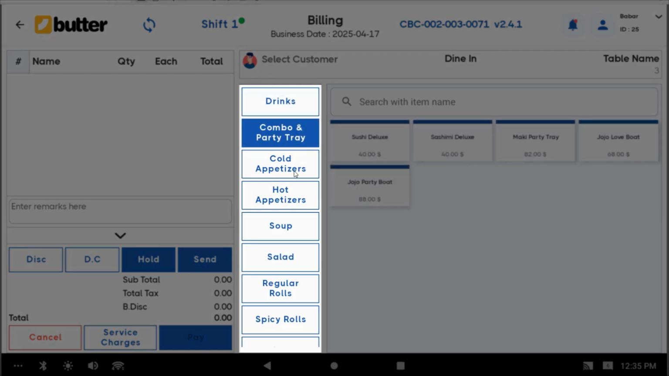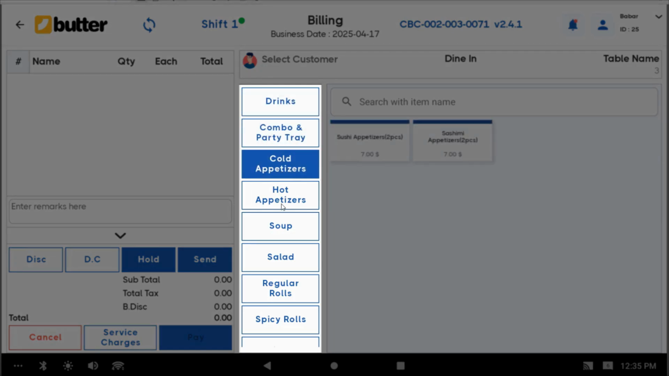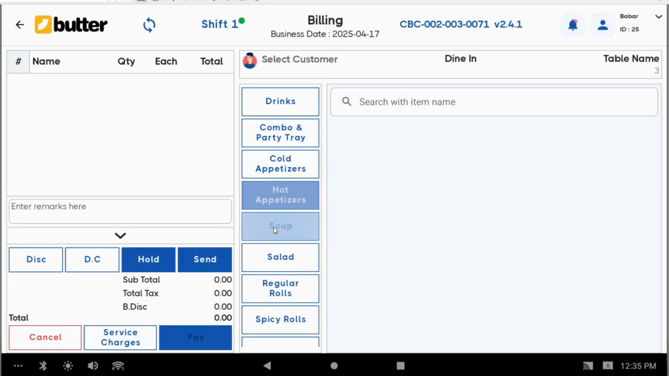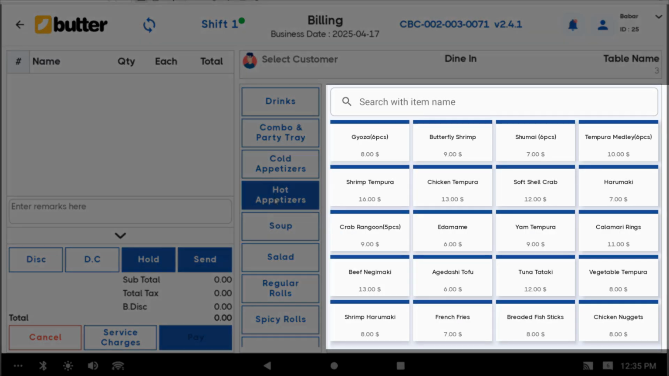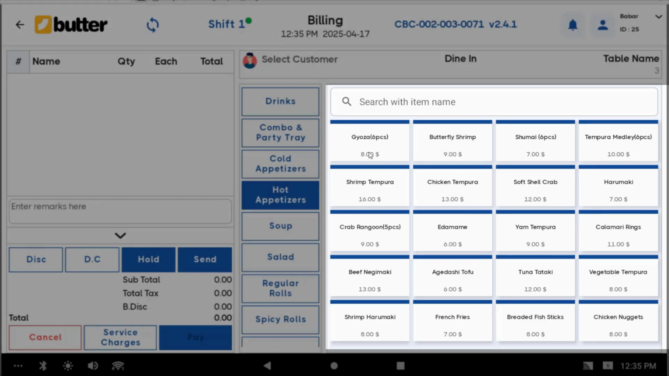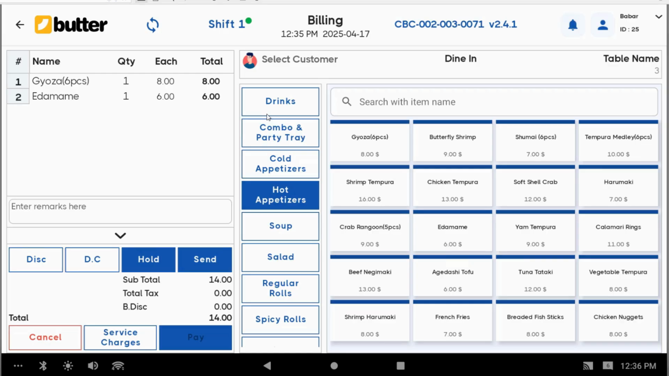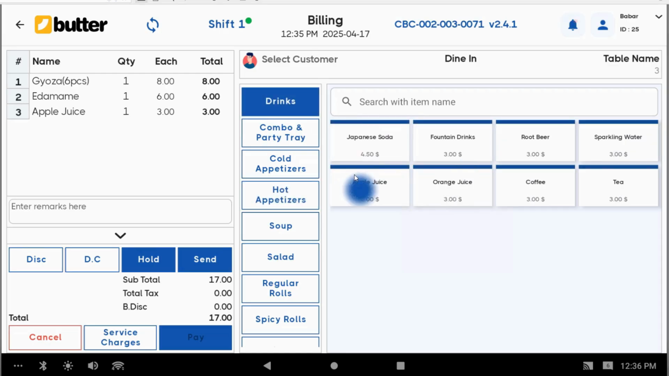This displays all the menu categories. Tapping on a category filters the relevant items shown in the next section. The third section is the item section. Here, all individual items and deals are listed. You can simply tap any item to add it to the cart. Once you've selected the desired items, you can either apply a discount or tap Send to push the order to